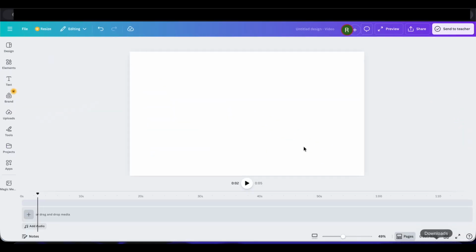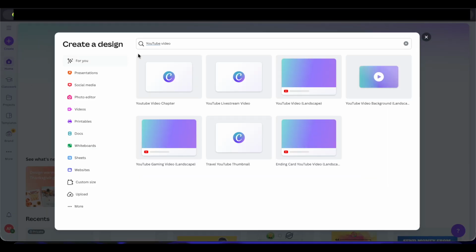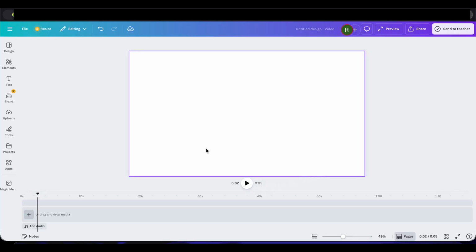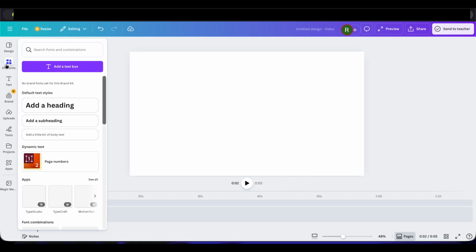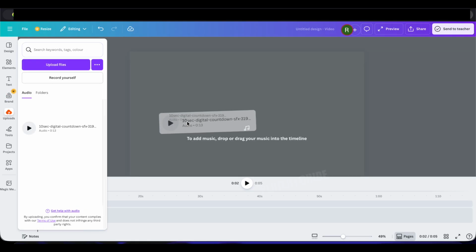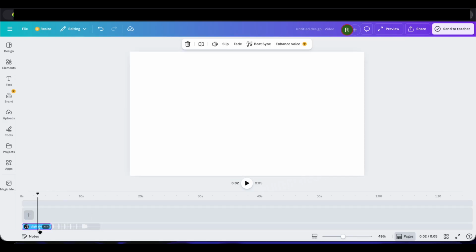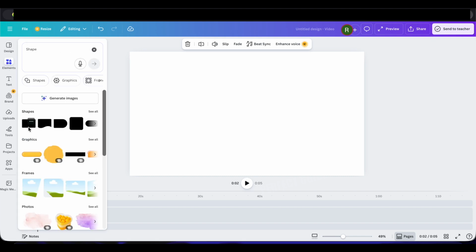Like for Canva, simply open up Canva and click on create design and then search for YouTube video. After that, select this option of YouTube video, which is landscape, and open it up. This is how it will open up. Now over here you can simply drag and drop the audio that you just created, and this is how it will appear. Now on the screen over here you can add the elements, like shape can be added over here as well,